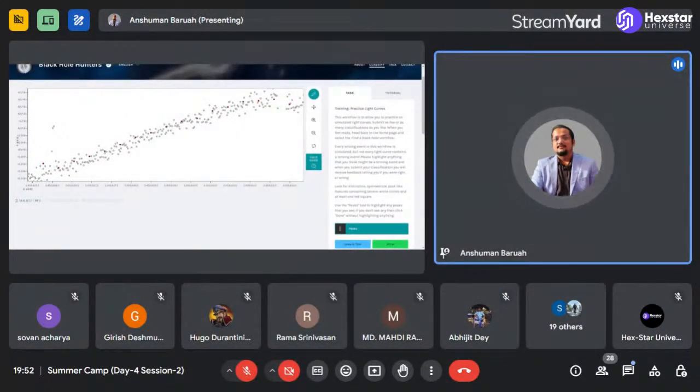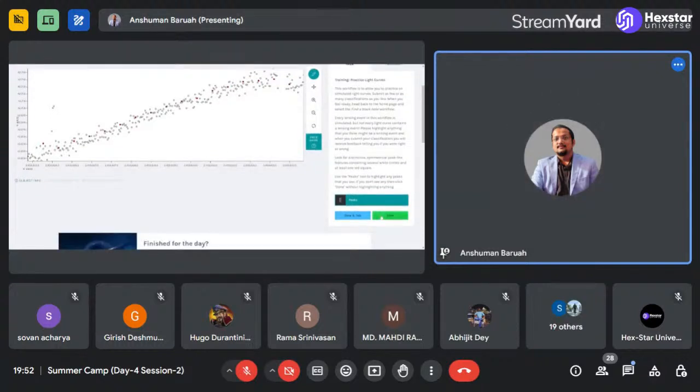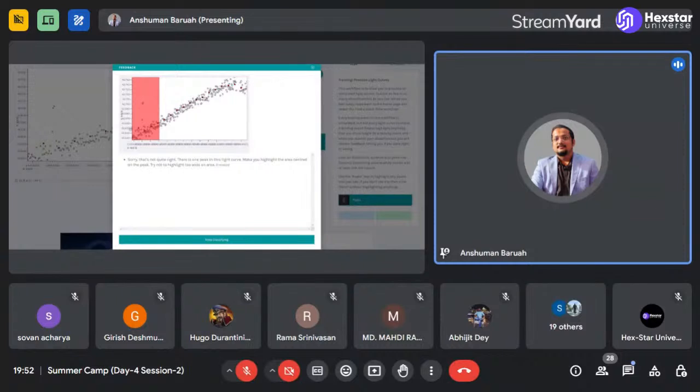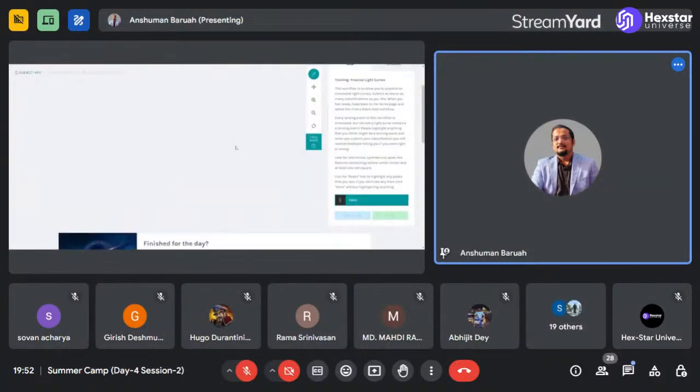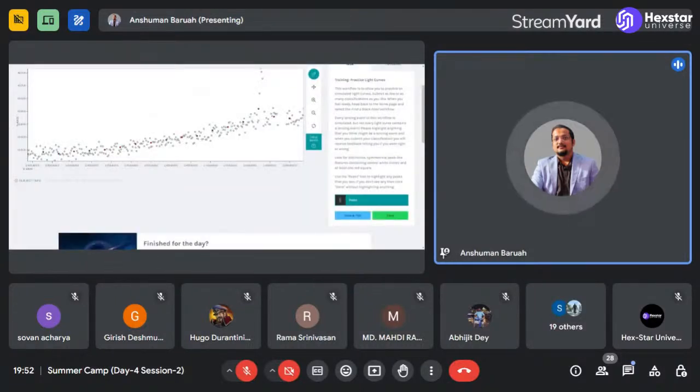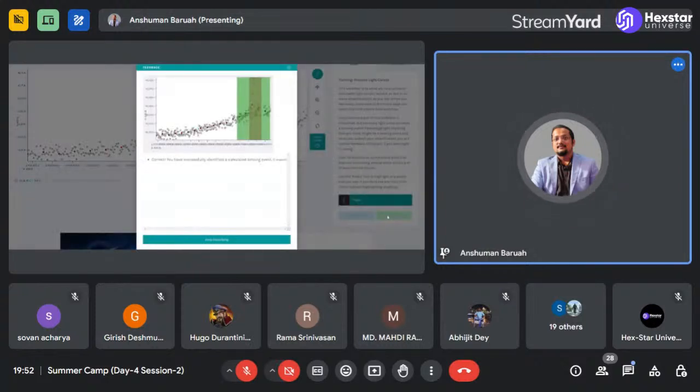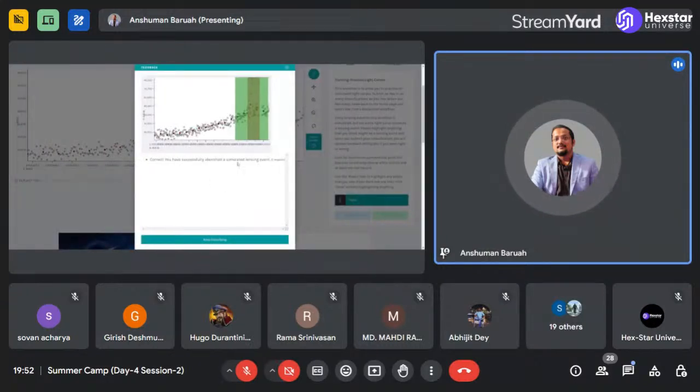So looking at this curve, I can see that there are no peaks like the graph that I showed you. So I'll just simply click done because there was no peak. This appears to be a peak here. I can use my mouse and I can drag and click and see if this is a peak. There is a peak, right? So this is a simulated lensing event, and there was a peak that was situated here.